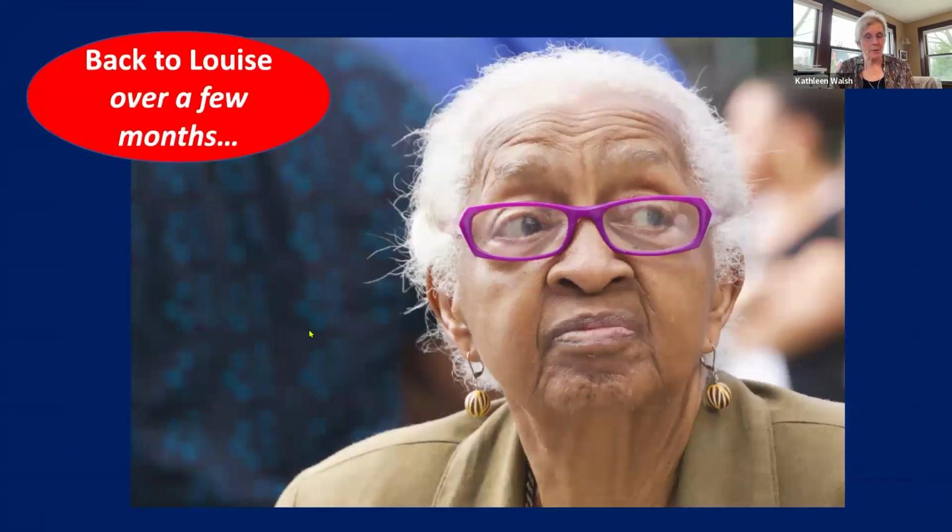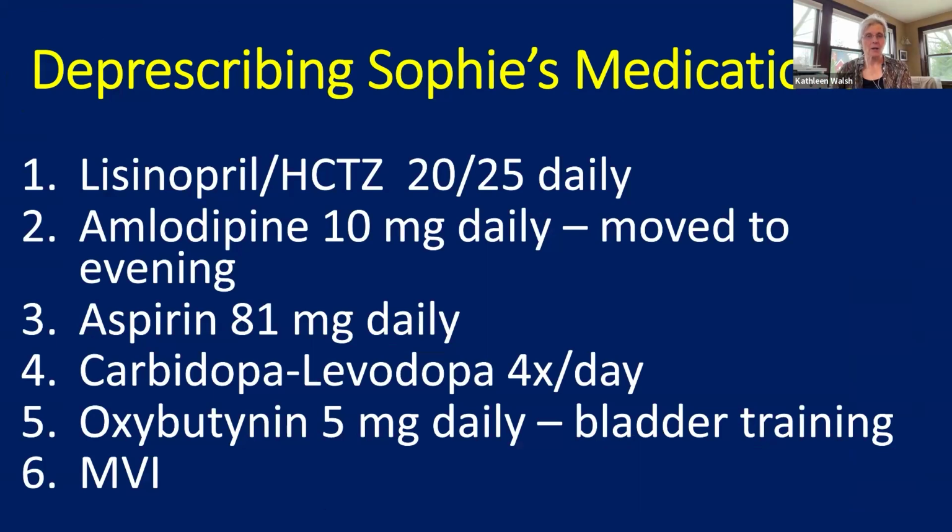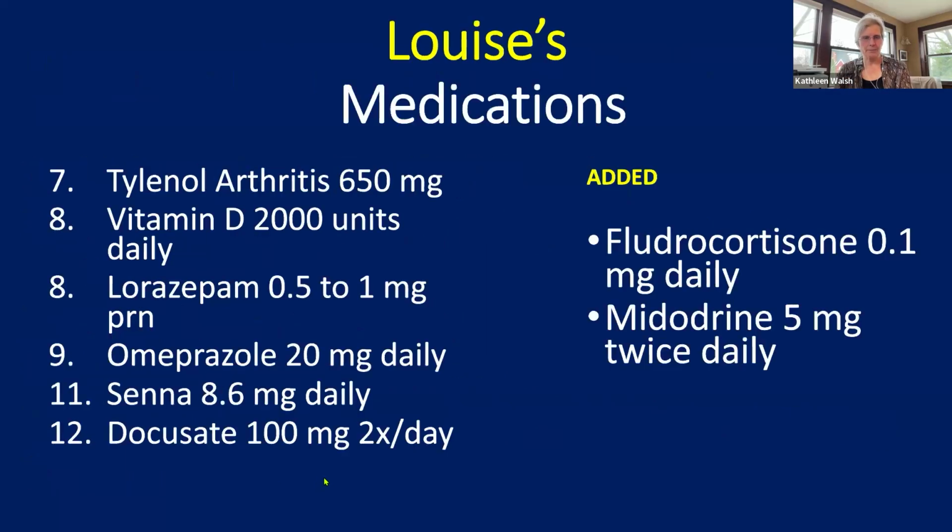So Louise, remember Louise, she had Parkinson's disease, she would get up and we found out her blood pressure was dropping. So let's go to the next slide. She has dysautonomia, so we started deprescribing. She's lost weight, she's dropping her blood pressure. So if you click through these, Tony, we'll get through. I stopped the lisinopril, stopped the aspirin. There's no need. A lot of your patients on aspirin, they don't need to be on it. Oxybutynin, multivitamin, she's eating well. She's on vitamin D. Next slide.